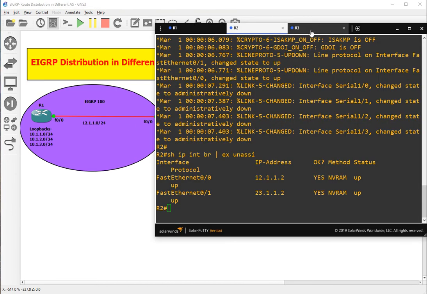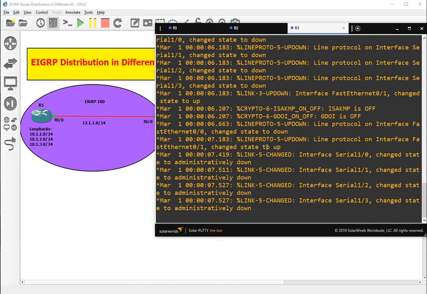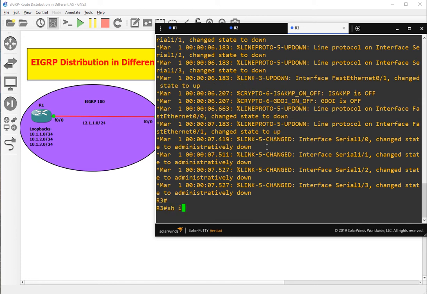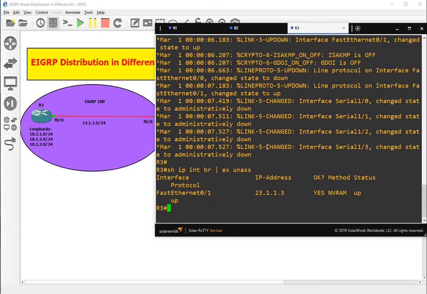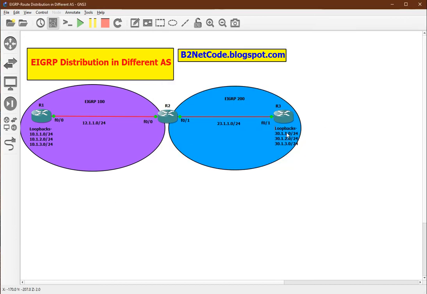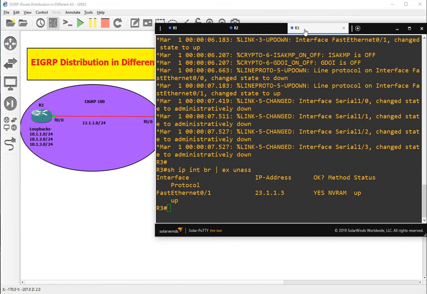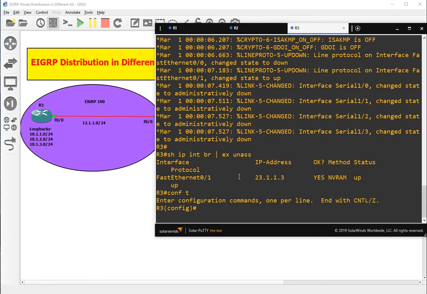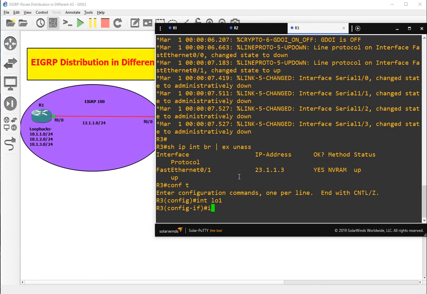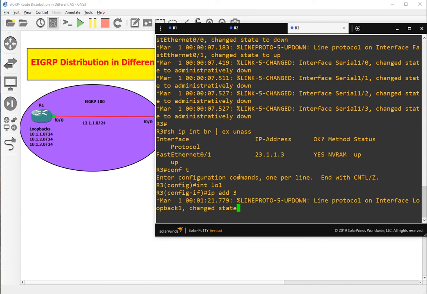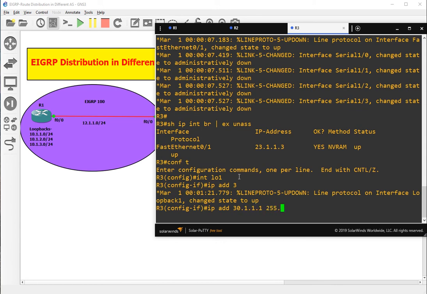Now let's go to R3. Show ip interface brief, exclude unassigned. Okay, I can see that the loopbacks are not created on R3. So let's create loopback interfaces. Config terminal, interface loopback 1, IP address 30.1.1.1, right?